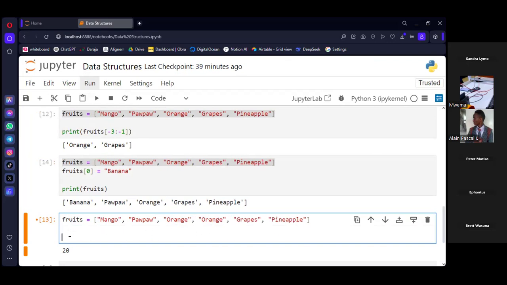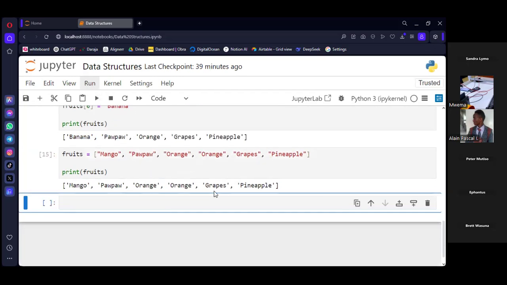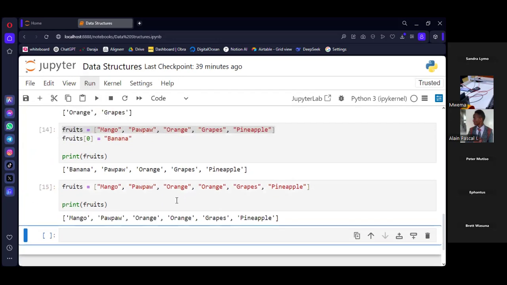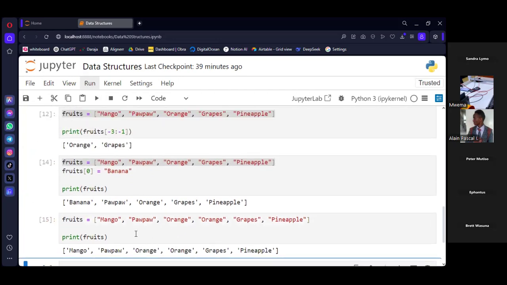Now when I print fruits, you can see that the output still has two oranges. So it allows duplicates.